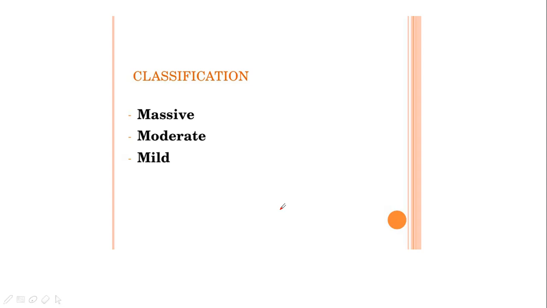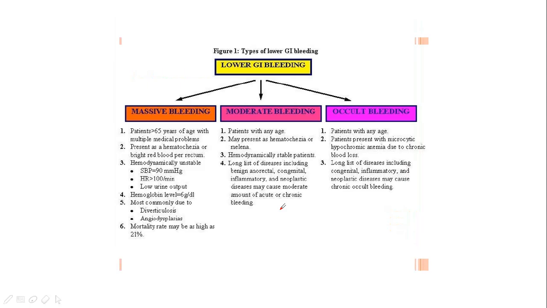So lower GI bleeding is classified as massive, moderate, and mild. You can see in this chart, this is lower GI bleeding. It's massive bleeding, moderate bleeding, and occult bleeding. So it has been divided into different